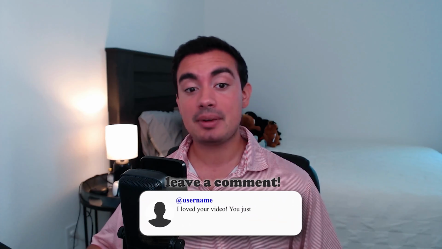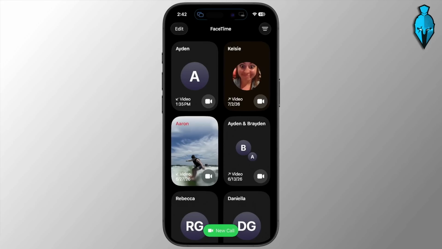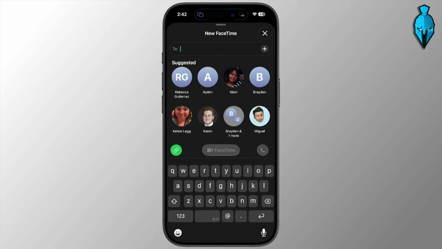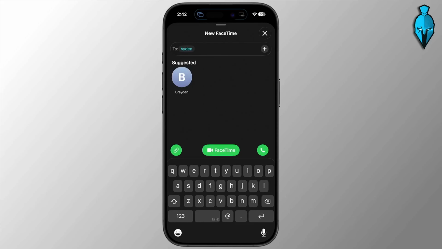Begin by opening the FaceTime app on your iPhone and then tap the new call button at the bottom of the screen. And then select the contact you want to call. And instead of tapping the video FaceTime option in the middle of the screen, tap the phone button in the bottom right corner. This will start a FaceTime audio call, allowing you to talk over Wi-Fi or mobile data without